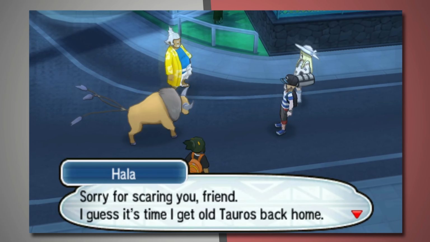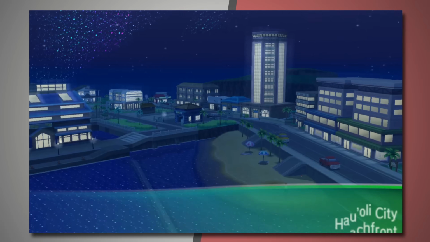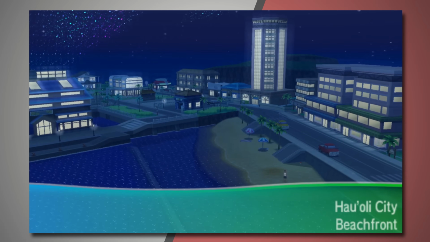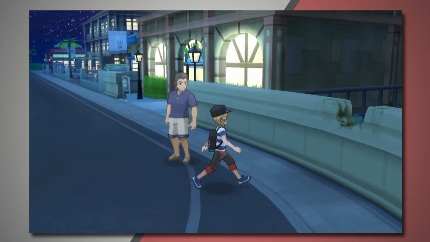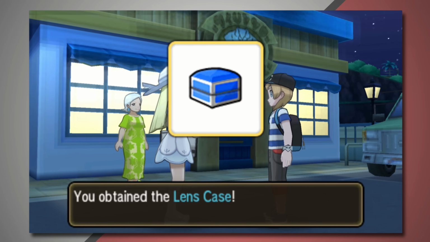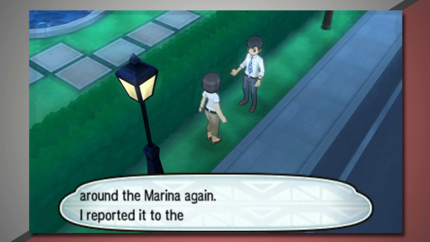Almost. There's a Tauros blocking the road, but he just needs a little pat on the head and he's all happy again. And we are off to Hau'oli. We go to the first city. We meet some locals, some shady dude shows us how to use a camera, Lily gives us the lens case, and then we overhear some people talking about a group called Team Skull who are making some trouble down at